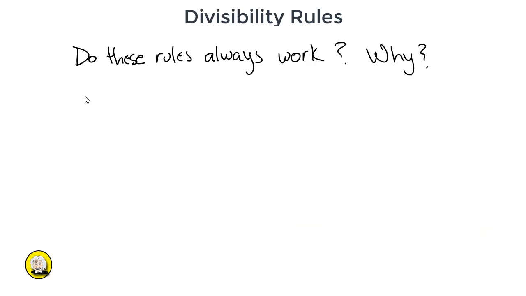Okay, the first part's pretty cool, divisibility by 4 and 8. But why does divisibility by 3 and 9, where we sum up the digits, why does that work? That seems even less obvious. Well, this one comes down to factoring. So again, if we want to look at, say,